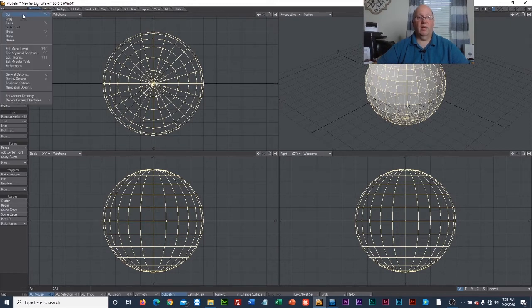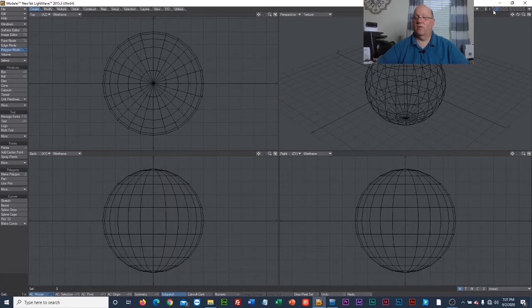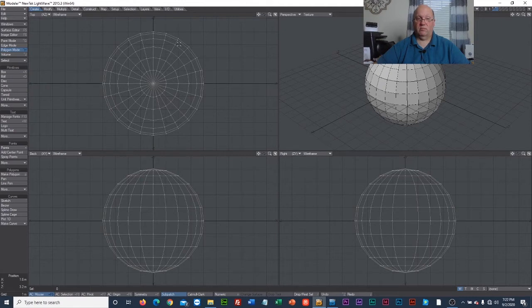And I'm going to go to the edit function, and I'm just going to copy it. So I've copied the ball. Then I'm going to go up to my layers area, and there I'm going to go to the next layer. Now notice suddenly the ball disappeared because there's nothing in this next layer. So I'm going to hit the corner of the first layer, and we can see the ball is back, but it's in the background. And so we go to Edit, Paste,